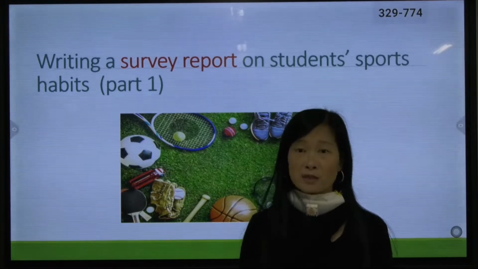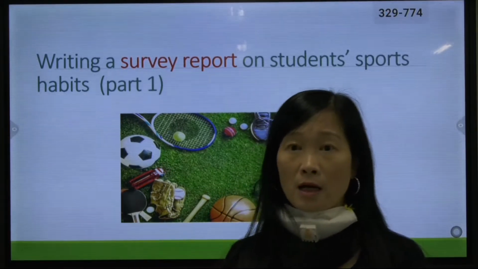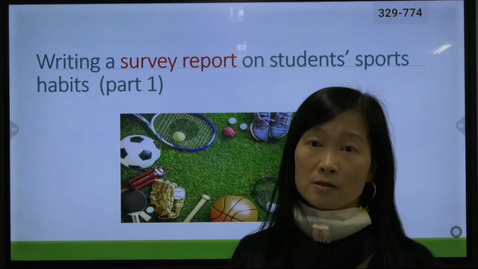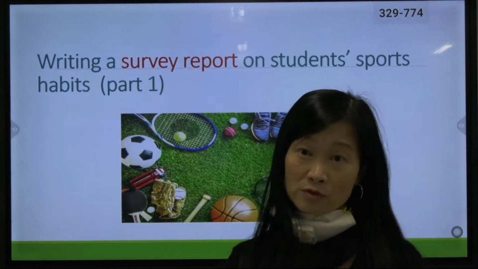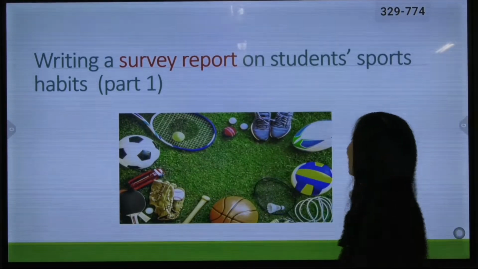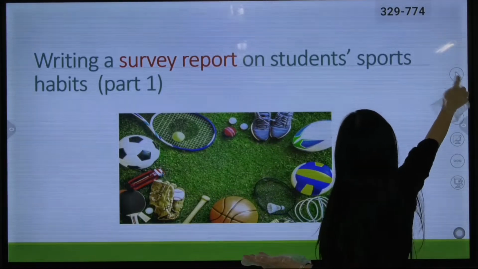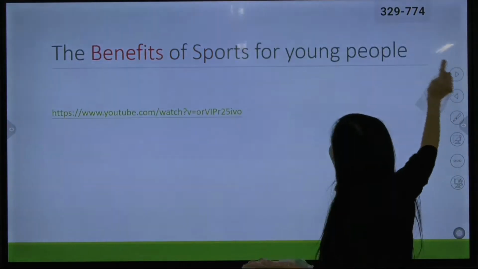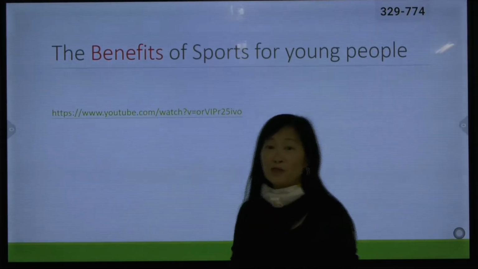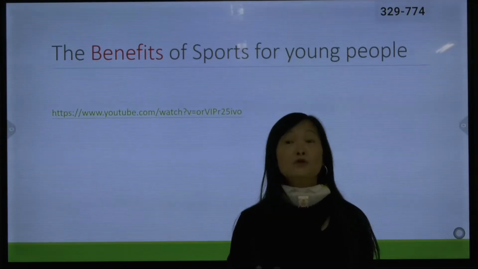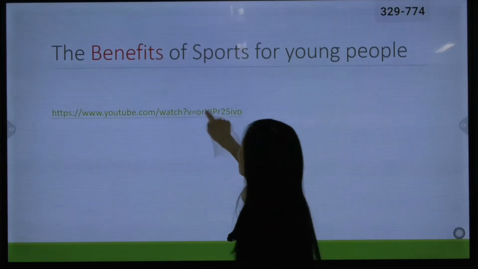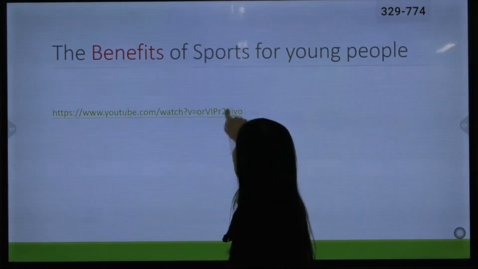Why do we have sport as a big topic in English? You know, in HKDSE, we're going to have a big topic that is about sports communication. And why do we have sport? Because it's important. And why are sports so important? Because it has a lot of benefits. Benefits means good points. It means it's good for us. So what are the benefits? A very quick look at this interesting video.